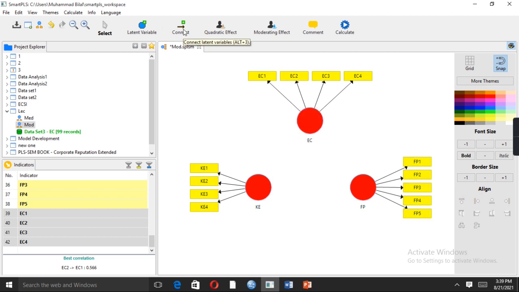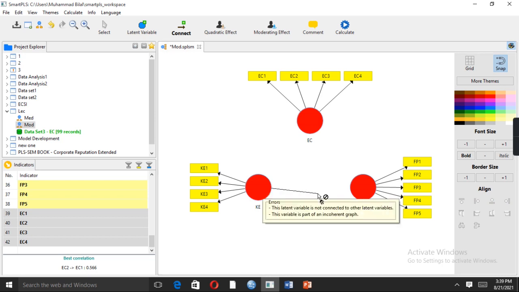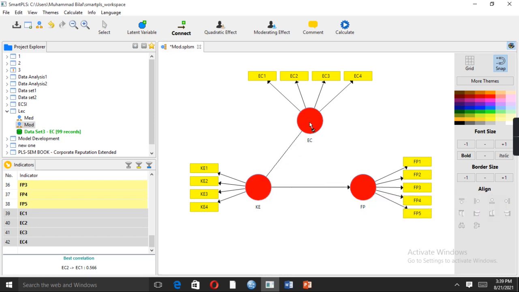So here we are. We connect the IV to the DV, and then the moderator variable.